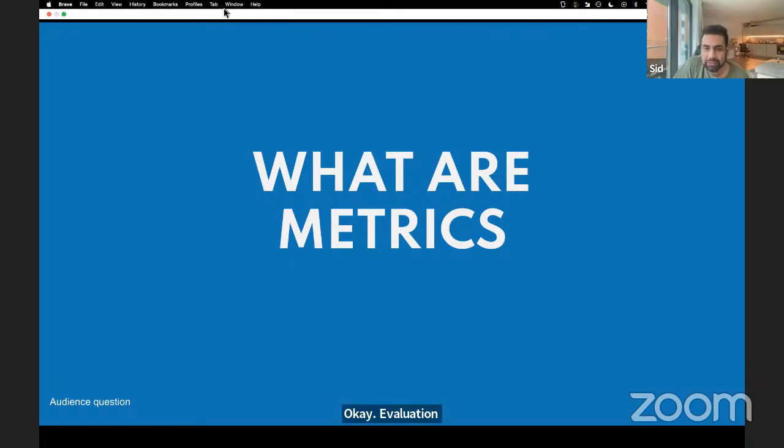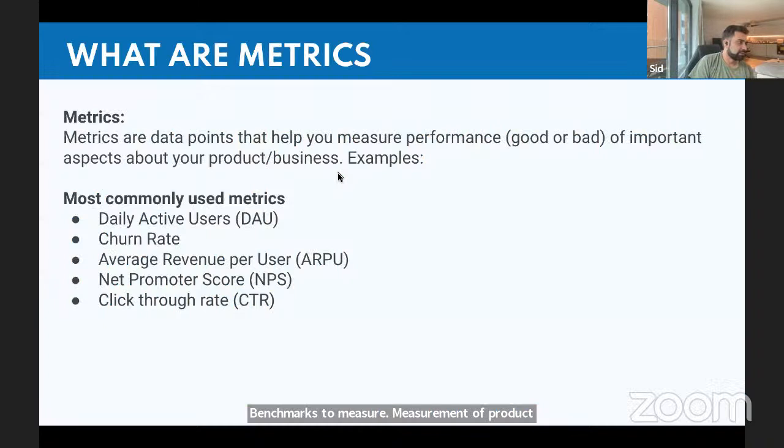Evaluation parameters for specific variables, statistical based on logical access. Metrics are really important facts. Insights obtained through data, values against parameters, benchmarks to measure, measurement of product parameters. Okay. Some of the answers are on point, but some of them are a little off. I think somebody mentioned something similar, outcomes or performance. So basically, metrics are data points that help you measure performance.